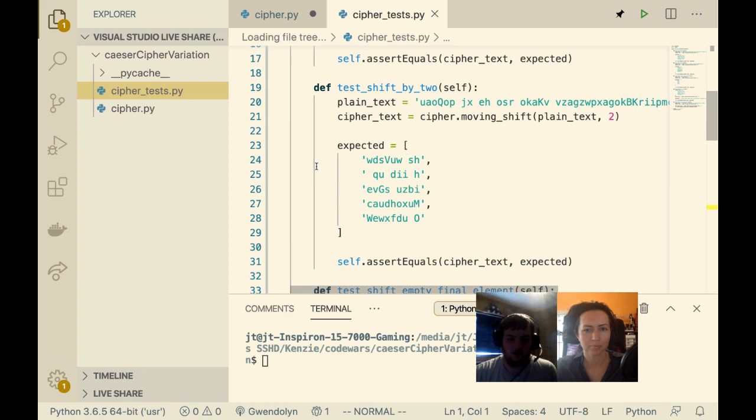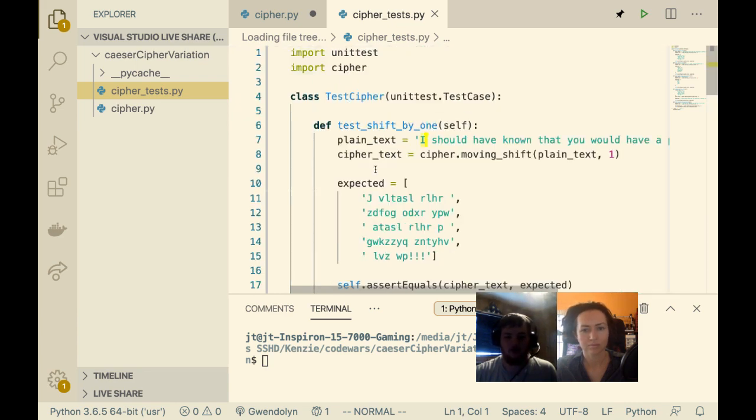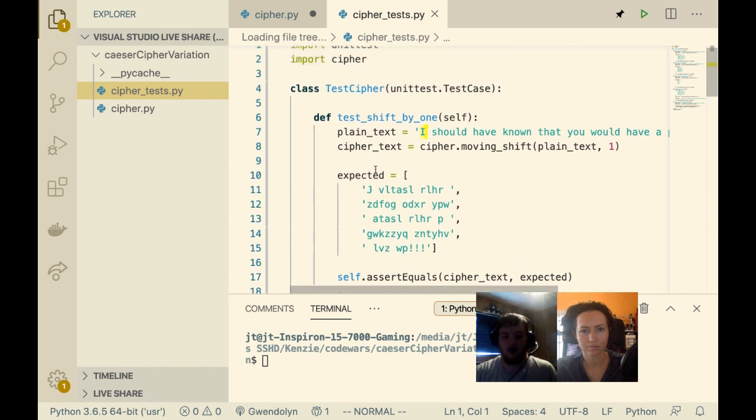So if you look here, the first letter is I, and it's going to be shifted by 1, so then it'll turn to J. But it's a capital I, and this J is capital as well, right? So if the letter itself is capital, when it's shifted, it's going to remain capital. So if we just use the ASCII letters, I can't remember what it's called or how to import it exactly, but it's going to return a string of A to Z lowercase and then A to Z uppercase, right? So if we try to shift along that specific string, what's going to end up happening is the lowercase will eventually be shifted to an uppercase, if that makes sense, right?